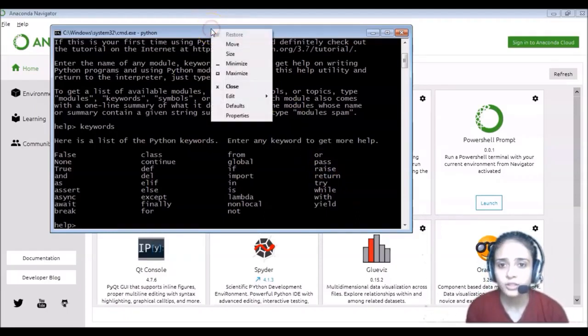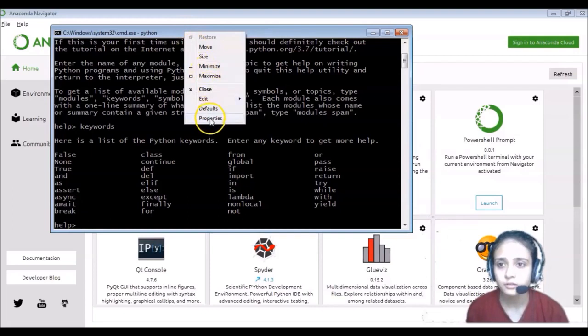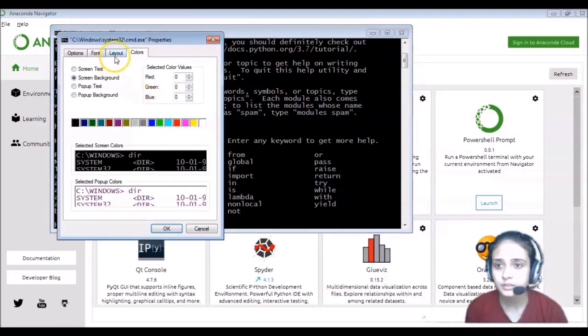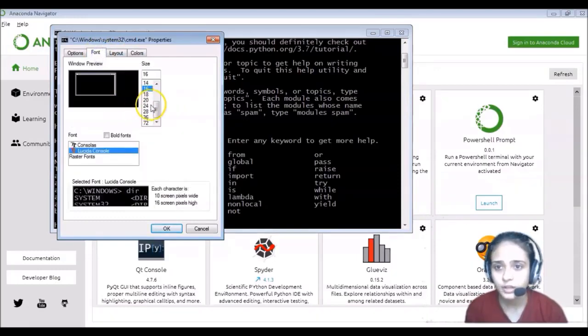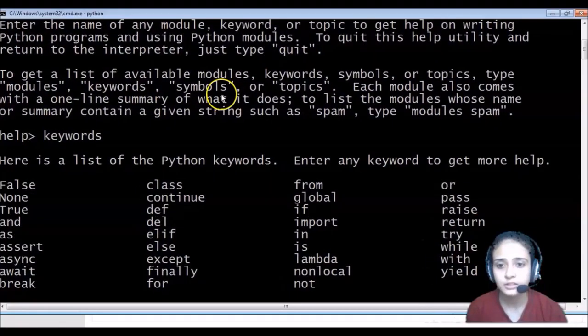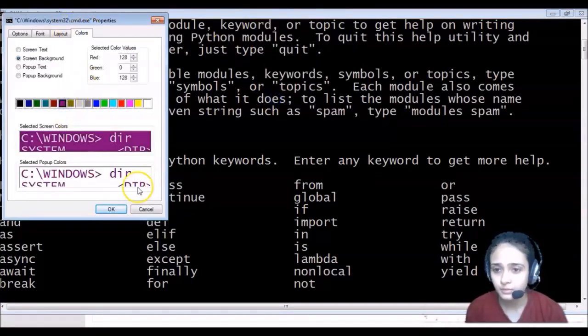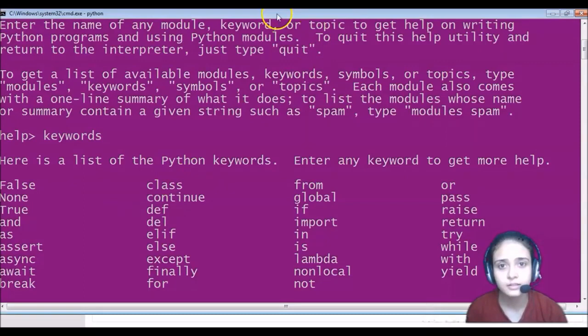You can do the formatting, or you can increase the font size, or you can change the color by right clicking on the prompt, that is the title bar. Click on Properties, click on Font, and you can increase the size of the font from here like this if you want. So this is how you can change the font. Also you can change the background color. Suppose I am clicking on the background color like this, then you can change the background color.